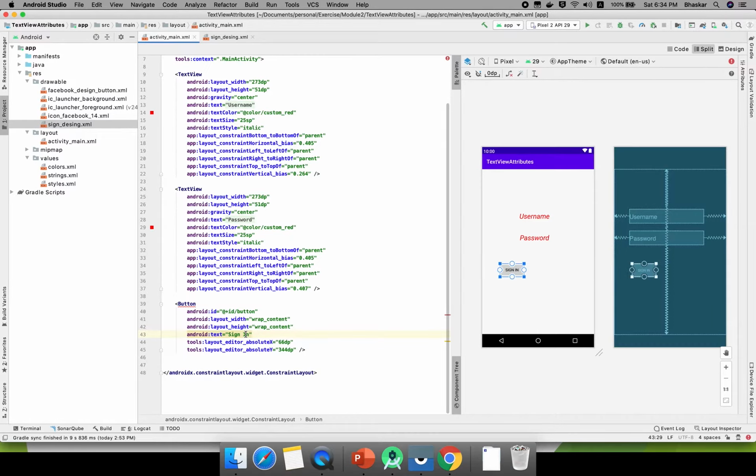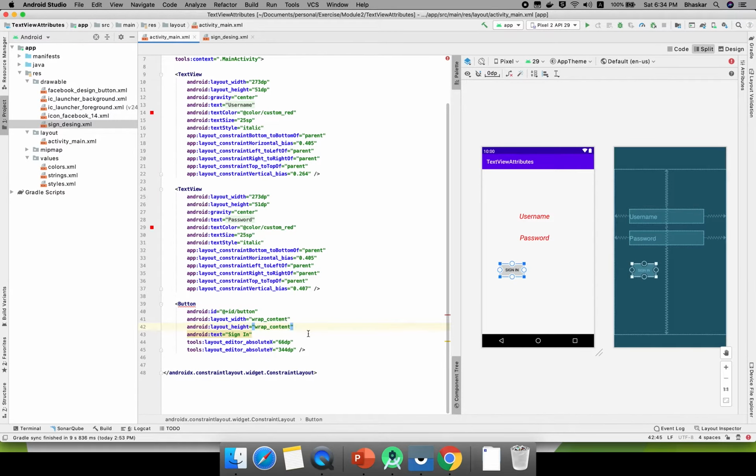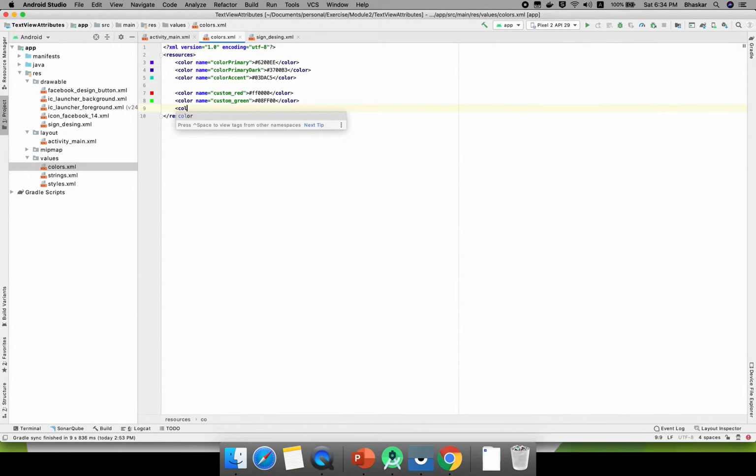And I want to give a color. If you observe this icon, sign in is in white color. How do you define the white color? Just go to colors.xml, and here you can define your color. I want to give white.